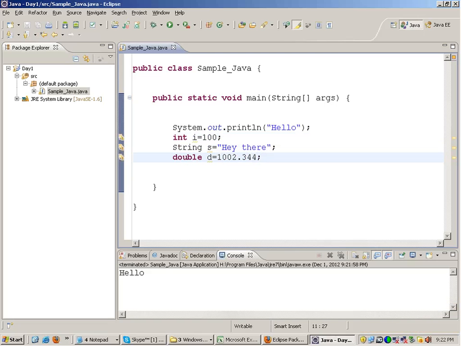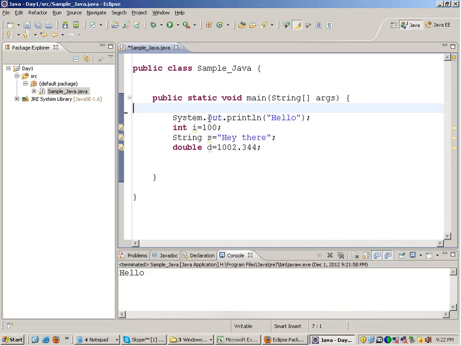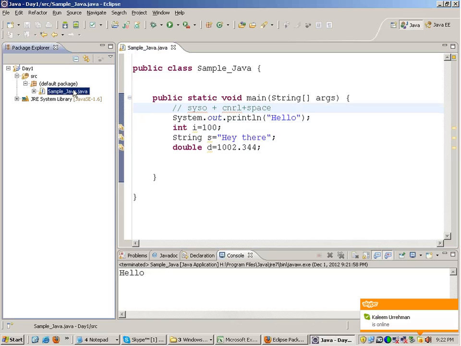And the command to print something is system.out.println. You just have to type syso and hit control plus space bar. This will come up.